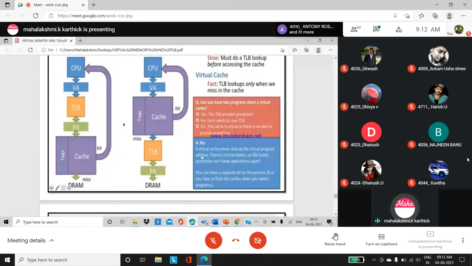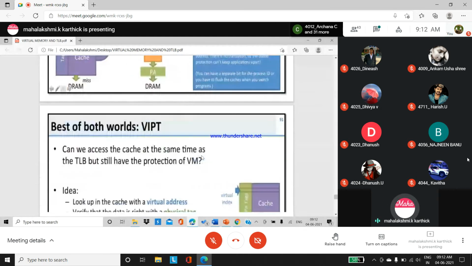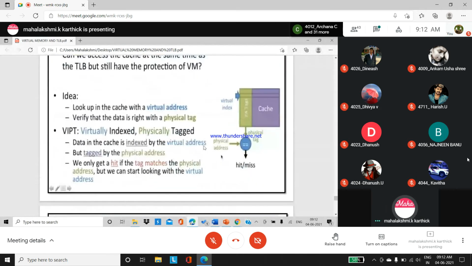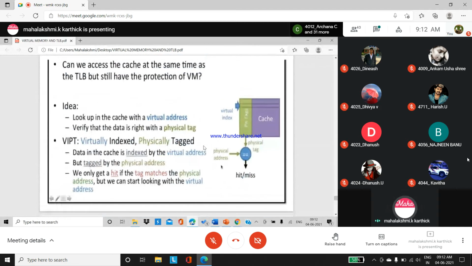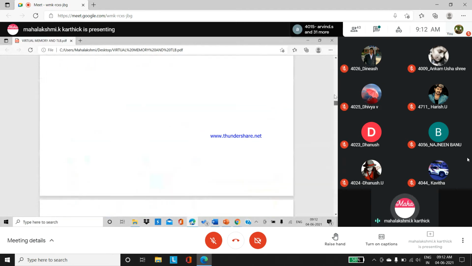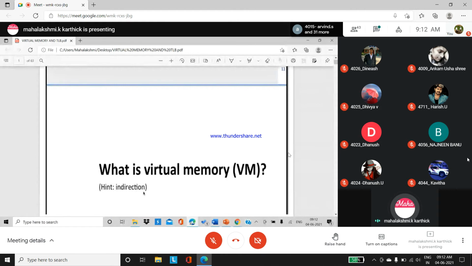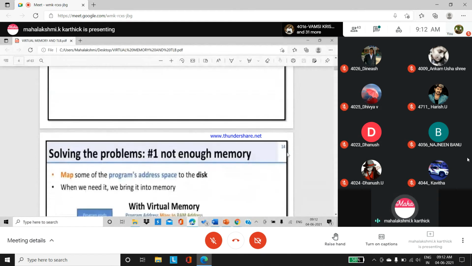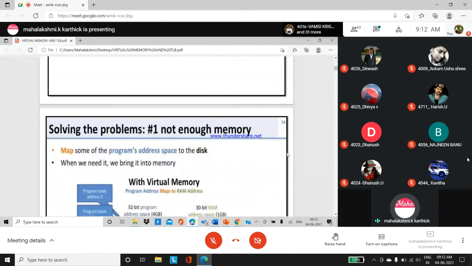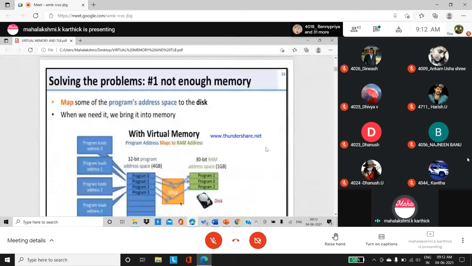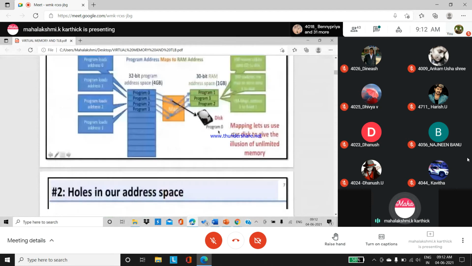TLB, tomorrow I'll explain. That's the last topic under virtual memory. Before that, you just go through whatever I have covered till now. You can go through the virtual memory concept again. What is the problem we have faced? To rectify this problem, we go for this virtual memory concept: finding the memory holes. I think you are able to understand.